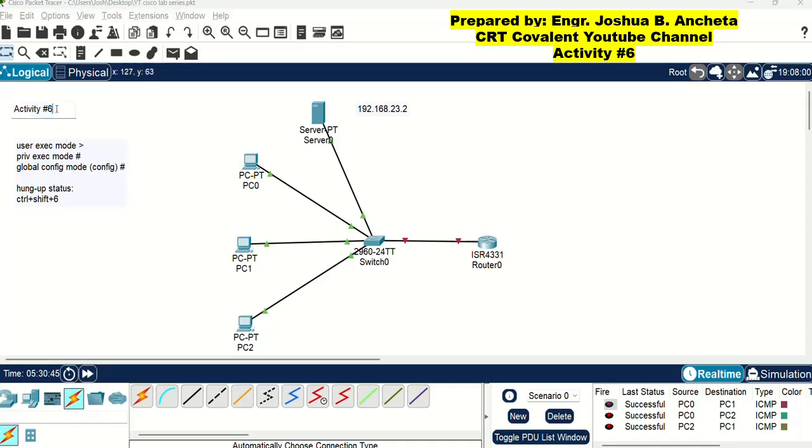So let us edit this and take note of the IP addresses in our PC and server. In the DHCP server, this is 192.168.23.2. So let us double check that. I will already have the IP address beside the server.